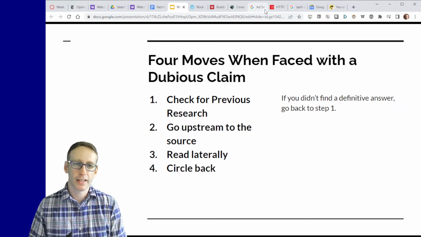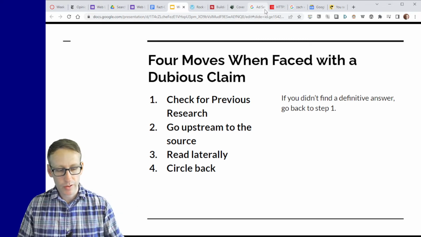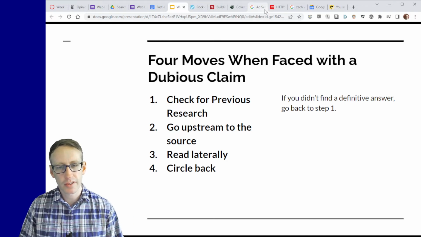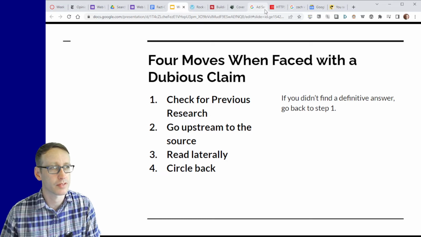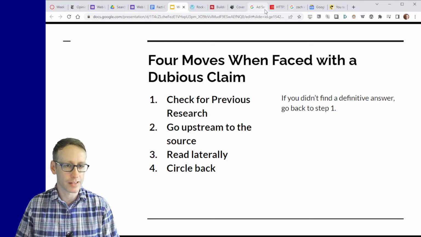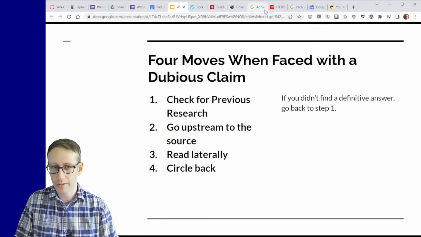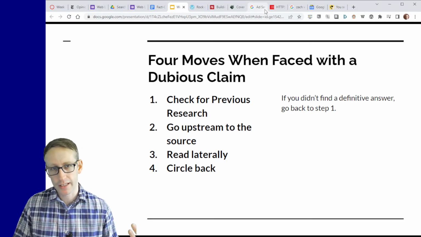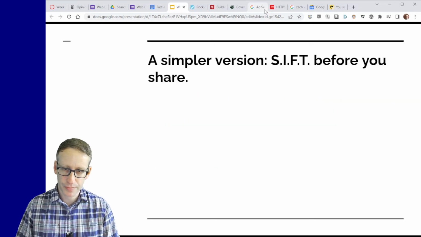keep working. The idea is that you really should never be sharing a claim or sharing an article that discusses a claim until you're sure that it's true. And that's something that sometimes you can't get a definitive answer about, and that's okay. You don't have to know everything, but that probably means you shouldn't share it if you can't get a definitive answer. And for our web literacy assignment, you also may find that you don't get a definitive answer about some of the claims that you're interested in researching, and that's okay too, but that research is still valuable, so we will do that too.